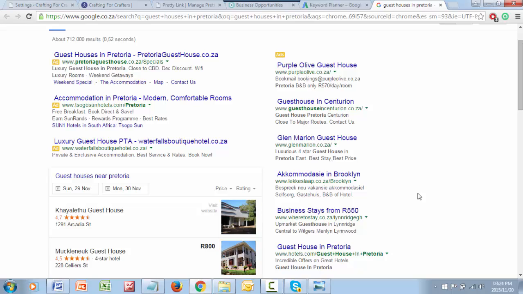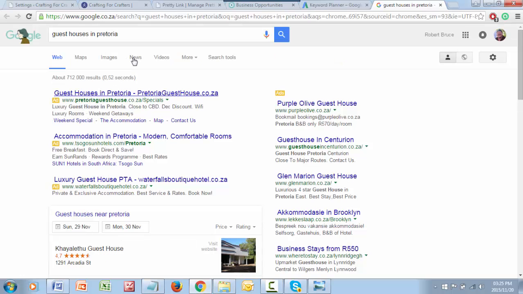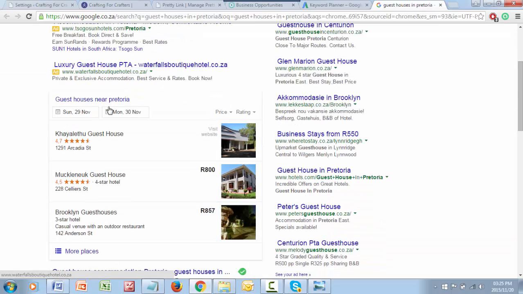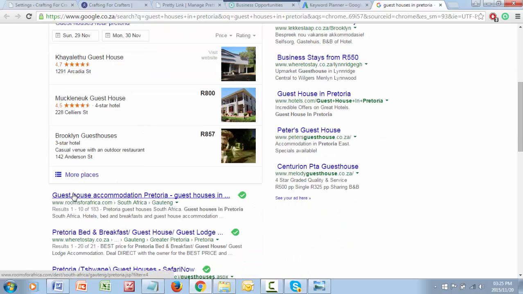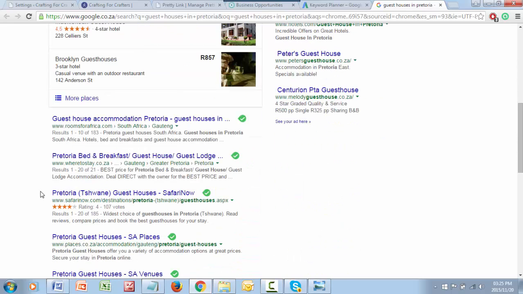The old days where you could get a long tail keyword and get it to rank instantly, like this one that says Pretoria Guest House. Okay, this one, Guest Houses in Pretoria, has almost all the words in it. Now I don't care how old this website is. There was a time 3 or 4 years ago when he would have been number one here. But Google's changed the algorithm to where they now recognize big authority websites first.